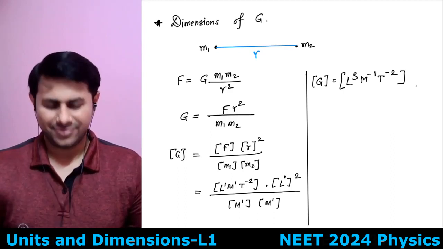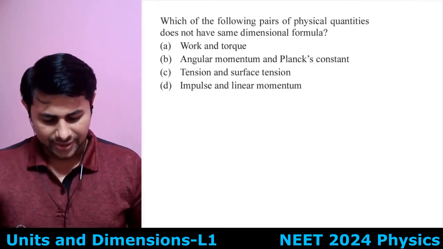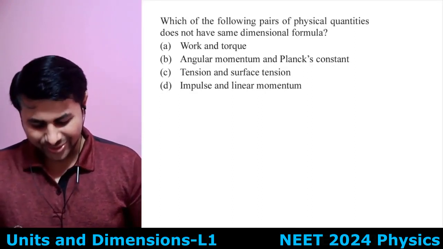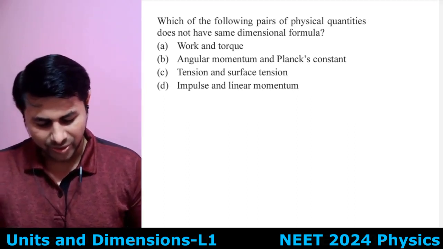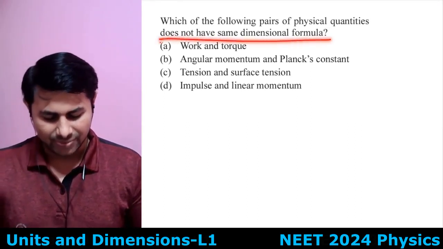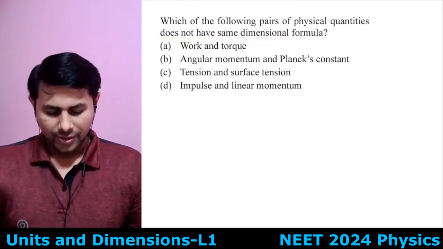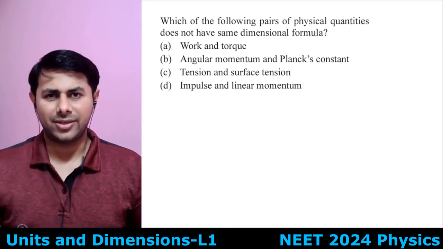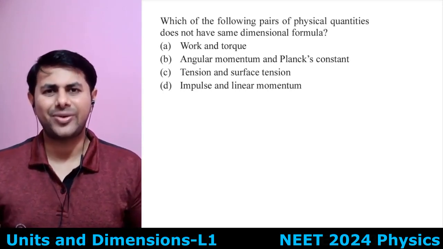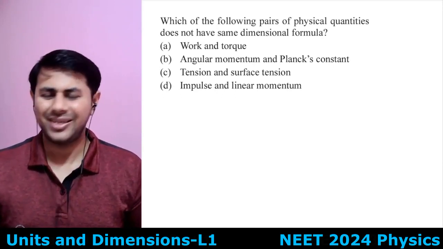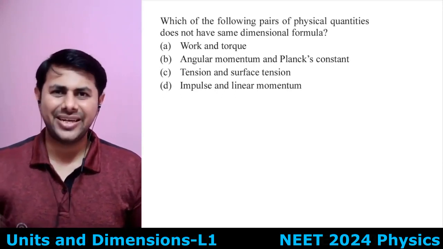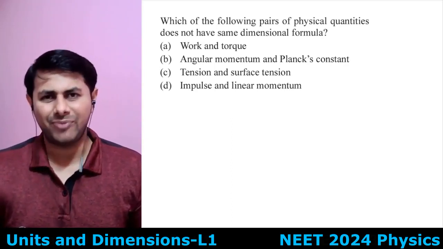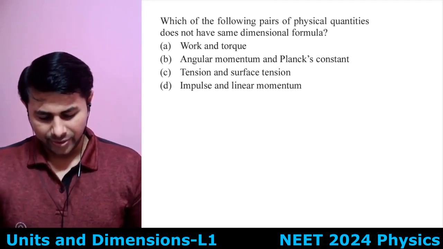Yes, sir. Okay, so then let's see some multiple choice questions because we are studying for NEET. Let's see this question. Which of the following pairs of physical quantities does not have the same dimensional formula? Here questions can come from all across the 11th and 12th standard. They can take formulae from all of your 11th and 12th standard, and they can form questions based upon dimensions of all those quantities. So knowing the formula is a must here. Can you tell the answer?